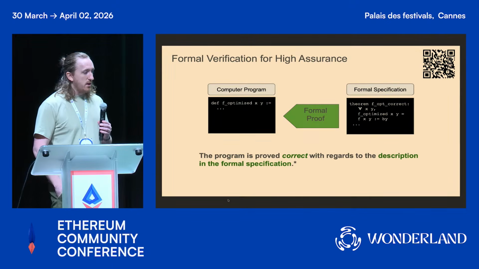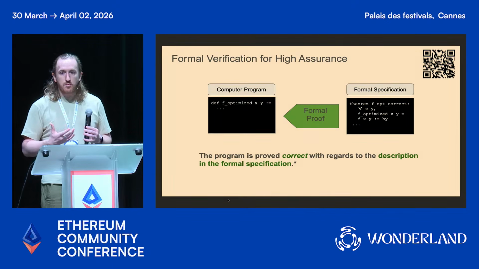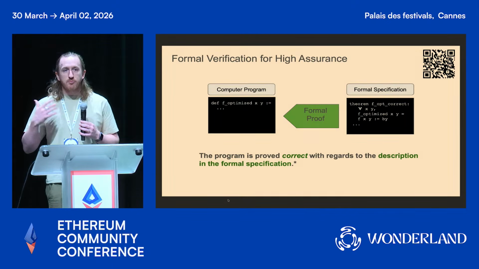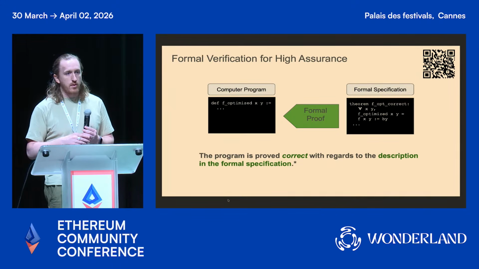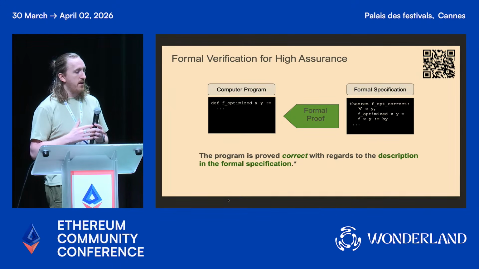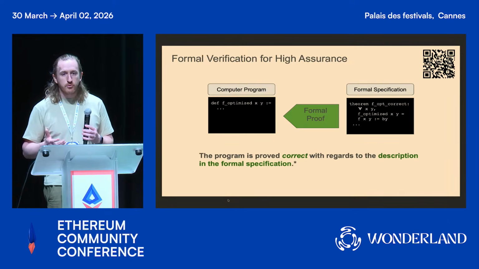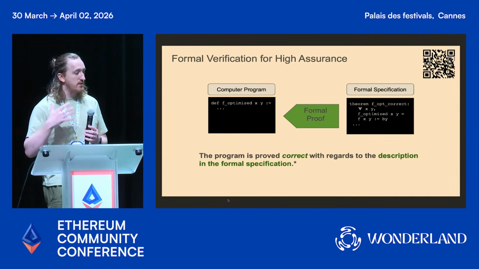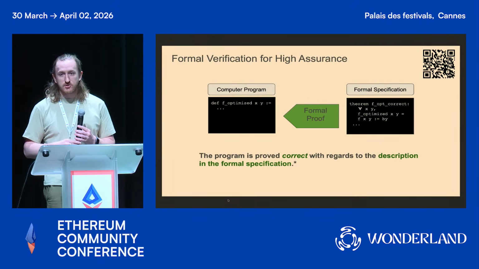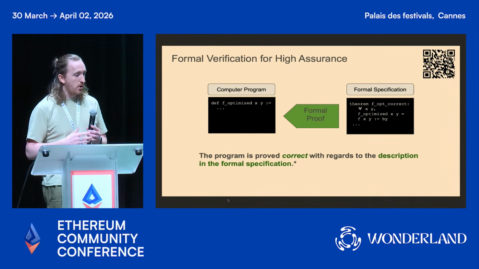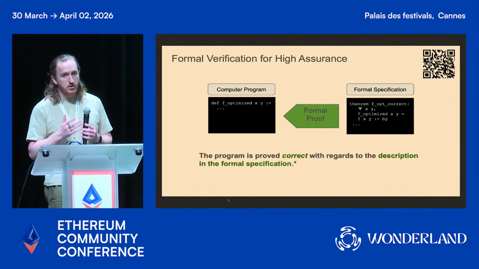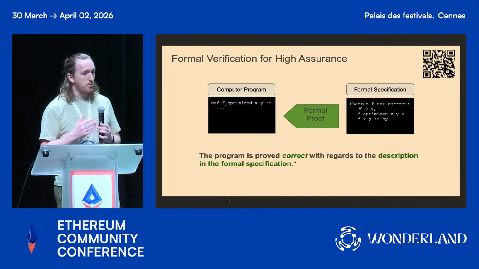Formal verification is a practice where you take a program and you take a formal description of what it means for that program to execute correctly, and then you prove with formal logic that your program satisfies that description of correctness. So this very simple example that I've included on the slide here is, suppose you have a function and